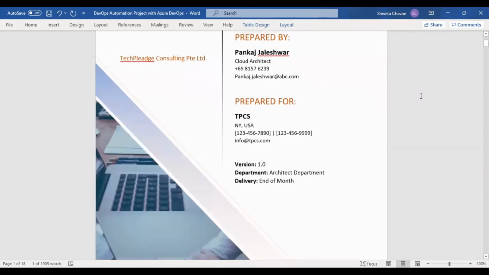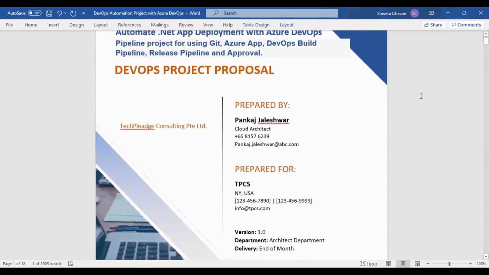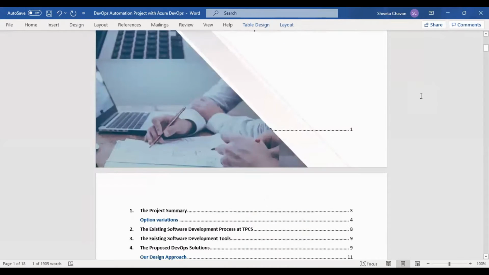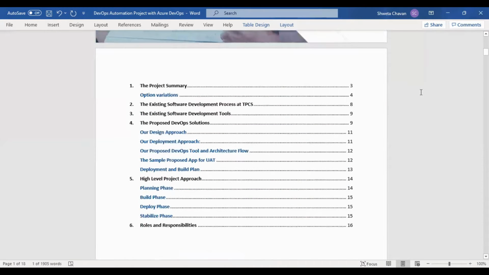So, this is the proposal that is proposed by Techpledge Consulting. It is prepared for TPCS USA. Here is the index for the proposal, that is the project summary. Then the existing software development process at TPCS and the tools that they were using. Then the proposed solutions, DevOps solutions given by Techpledge Consulting, that is their design approach, deployment approach, our proposed DevOps